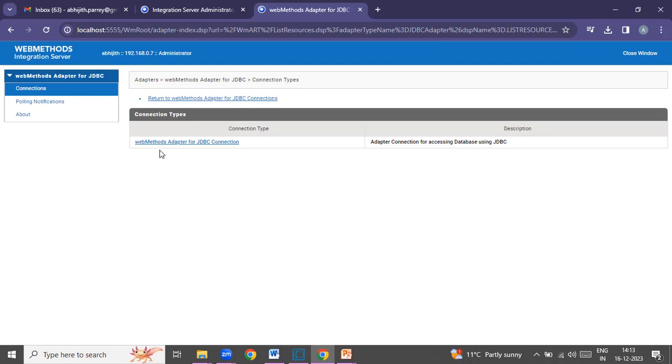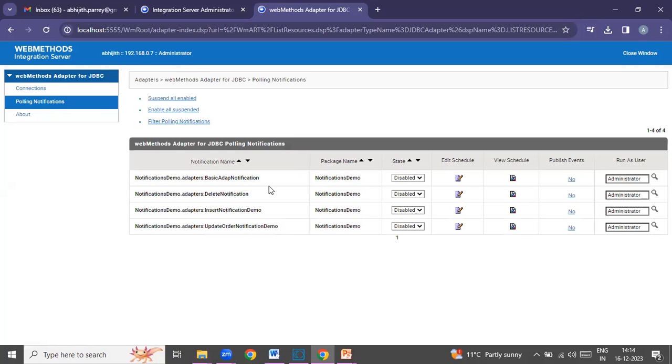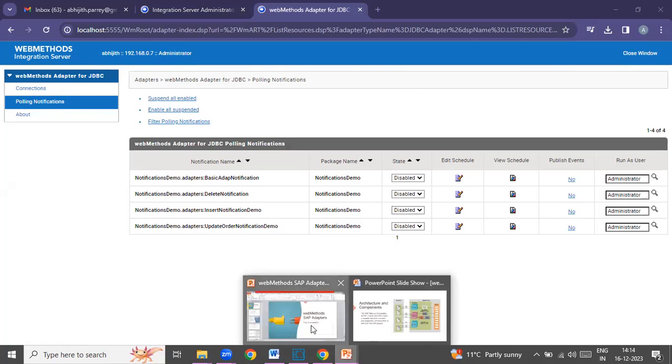So that's how you generally do the SAP adapters functionality with webMethods. You configure the listeners, and once the listeners are created, it's similar to JDBC polling notifications. Once you create the JDBC polling notifications, you come to the screen and create the polling notifications here. Similarly, for listeners, you come to the SAP adapter and then create the listener notifications, which I was saying is this one,